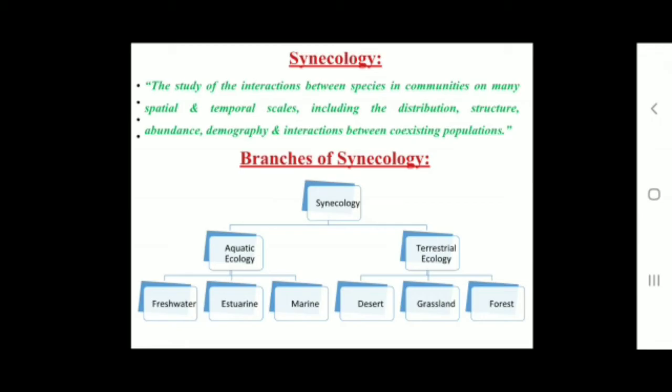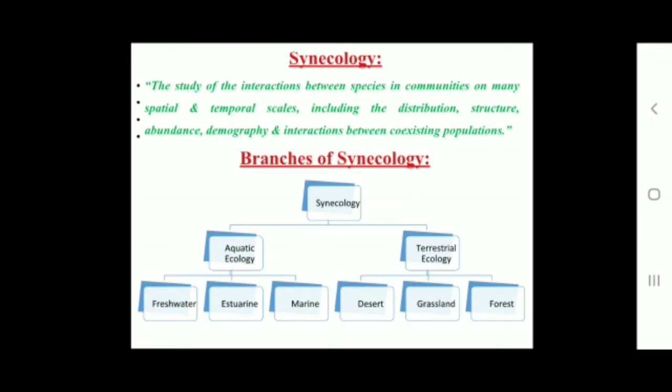Synecology is subdivided into two principal branches: aquatic ecology and terrestrial ecology. These are subdivided further into many branches. These are illustrated in the following figures. Then the next point, that is species diversity,